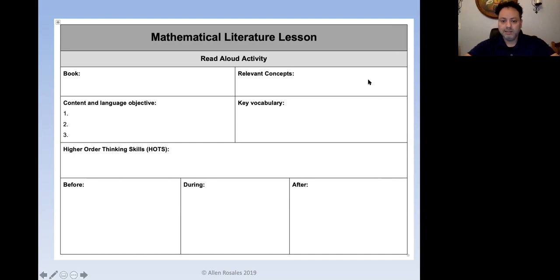When you move to the right, like I mentioned last time, choose your top 5 key vocabulary words. So when you read a certain book like Goldilocks and the 3 Bears, what are the top 5 vocabulary words that you're going to use and focus on as you're reading the book?